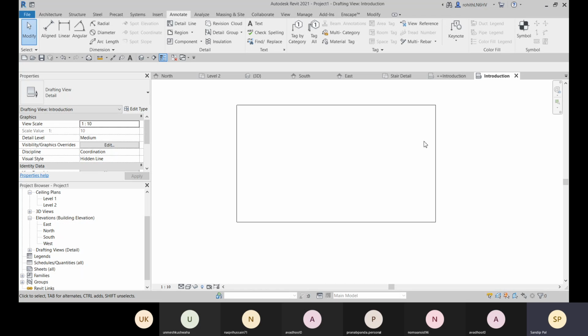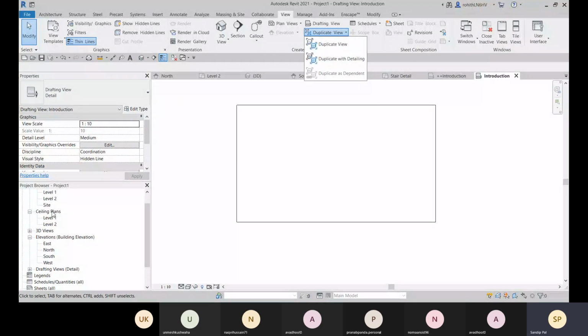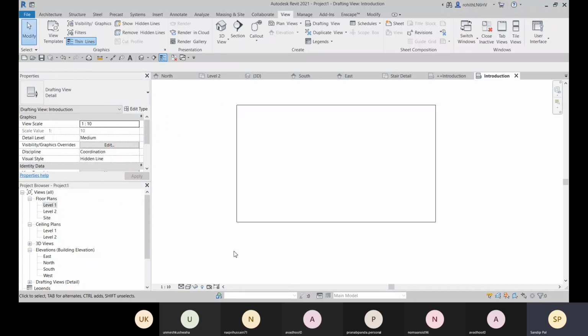Everything will be mentioned here about the project. This is how we create the drafting view. And this duplicate view option you have already learned: right clicking, duplicate view, duplicate with detailing, duplicate as dependent. These are the same options.